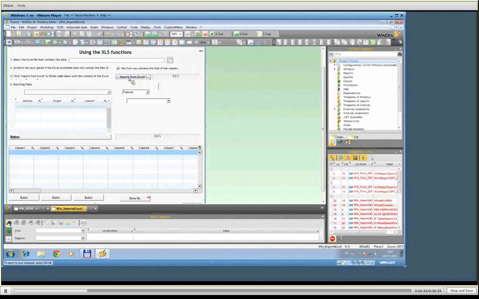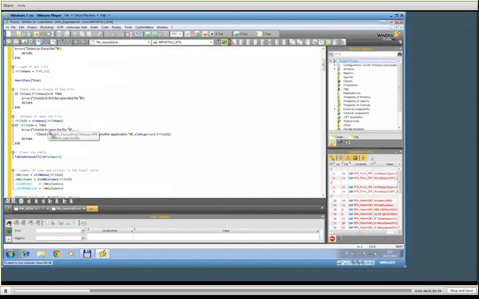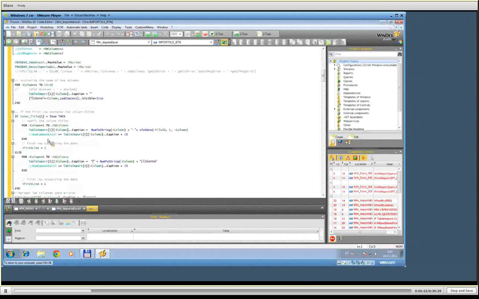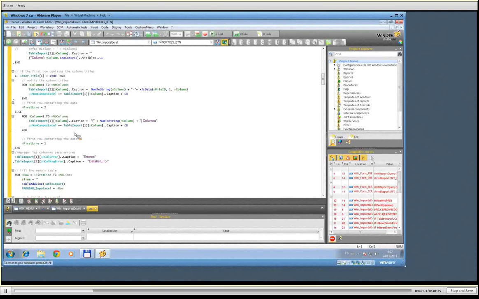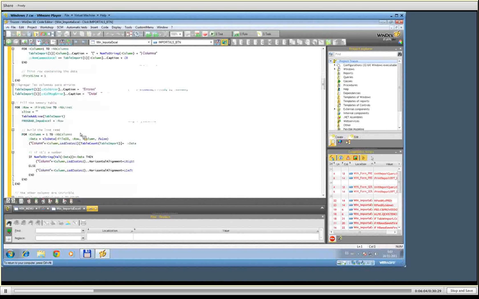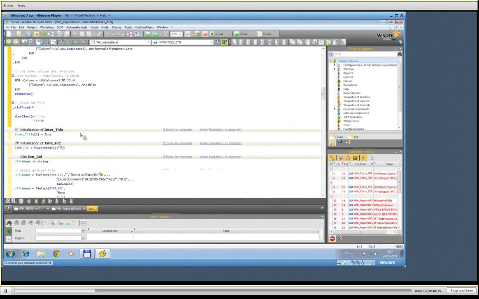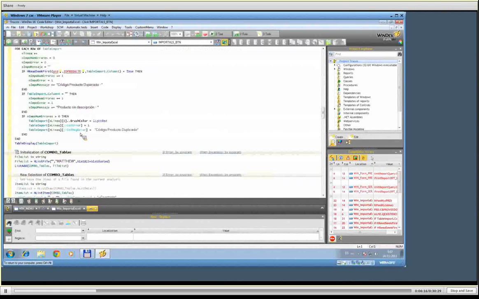Okay, let me check. The first code is here. Import Excel, hourglass, file saves, unable to open file, table delete all. Okay, the columns, caption. I'm filling the table manually. Let me check the